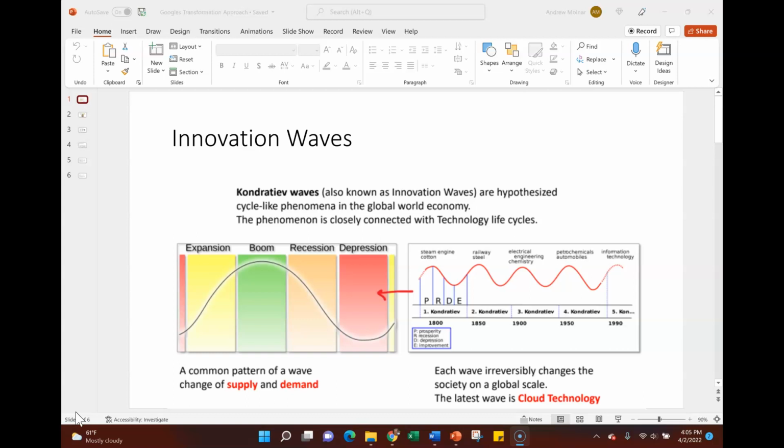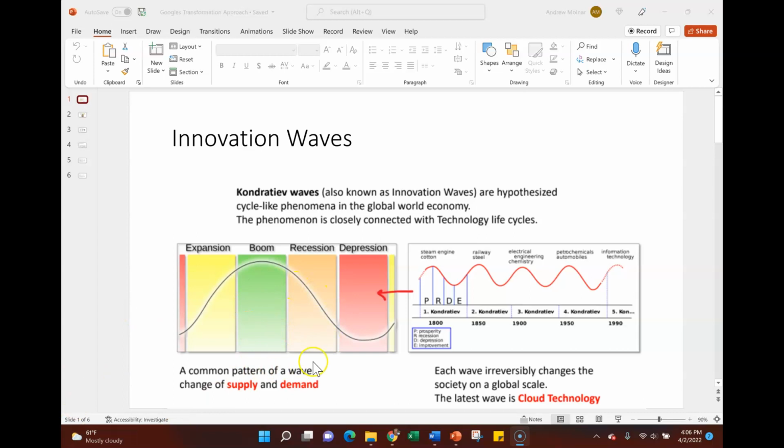And so the key is if we can detect the pattern that we're in, we can know something about what's going on. So if cloud technology is the next or current wave, I would say we're probably in expansion or just entering boom, for example, along the way. I think it's very interesting, these innovation waves. So when we talk about